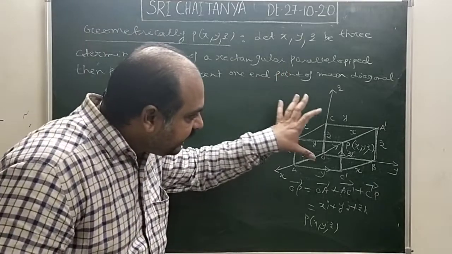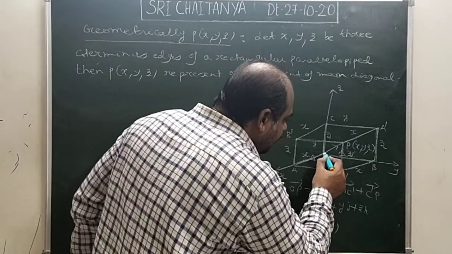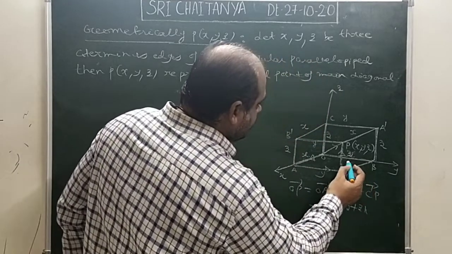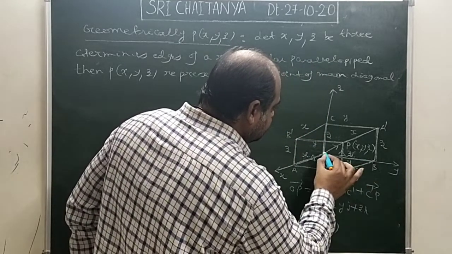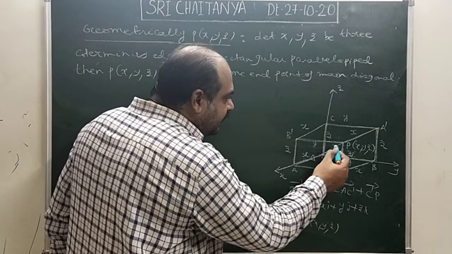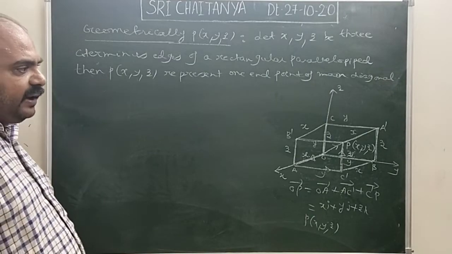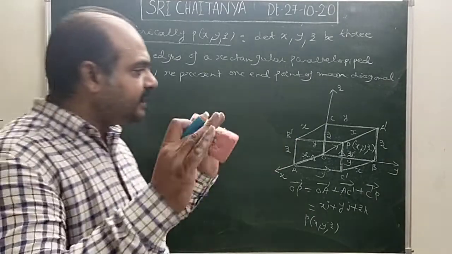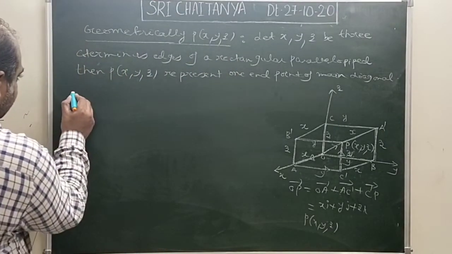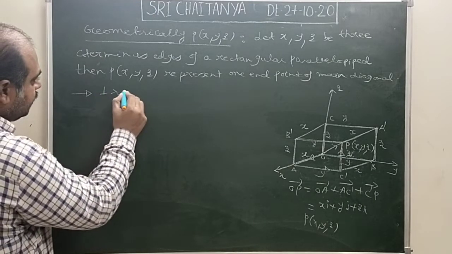That means if you consider a rectangular parallelepiped whose coterminous edges are X, this is Y, this is Z, then join O to P. Main diagonal is there. The main diagonal's end point represents the coordinates of that point, X, Y, Z. Always remember your room. That is nothing but a rectangular parallelepiped. Here, look at the next point. Here we will learn some points.